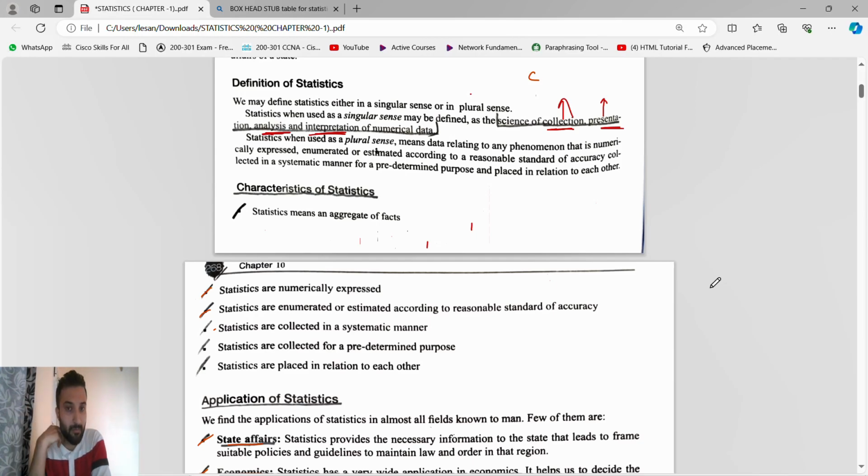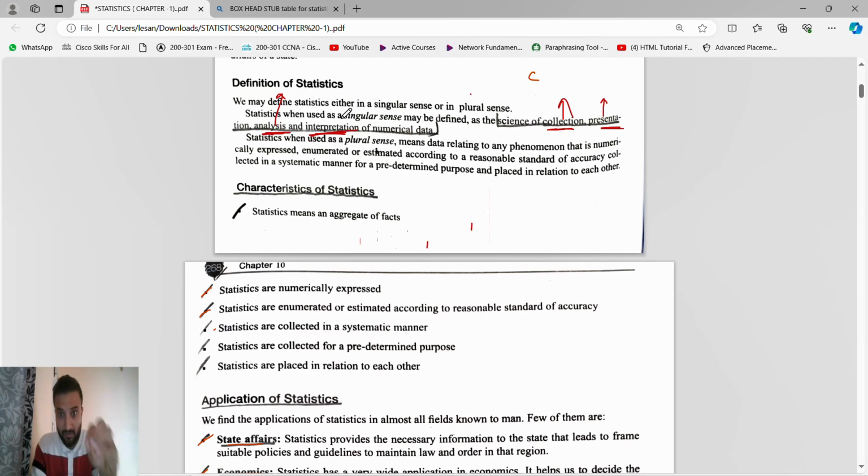So like the timings, and whether the fees are affordable, under your budget or not. Everything you will analyze for all the 5-6 institutes. Then how many toppers, how many students have cleared the exam and in how many attempts. This you will analyze. After analysis, you will make a final decision. Next, interpretation means you will sit after analysis, make a final decision, and then take admission. So this is stats.